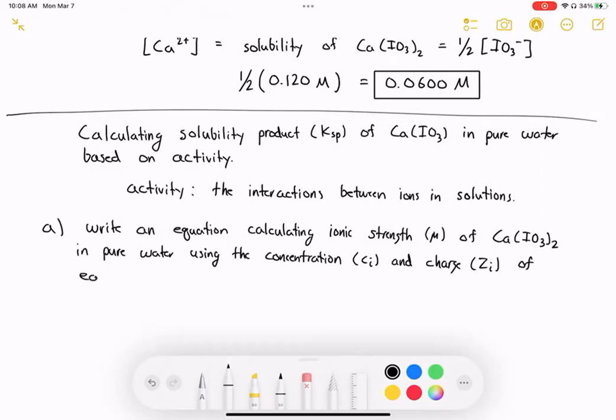Okay. So first, let's go back up to the start. If you go to the start of your lab manual, it'll show you the calculation for charge. So for our cases, it'll be